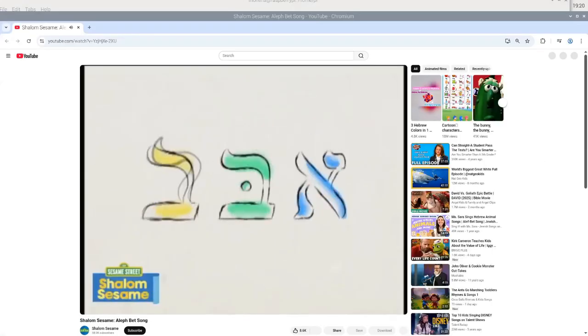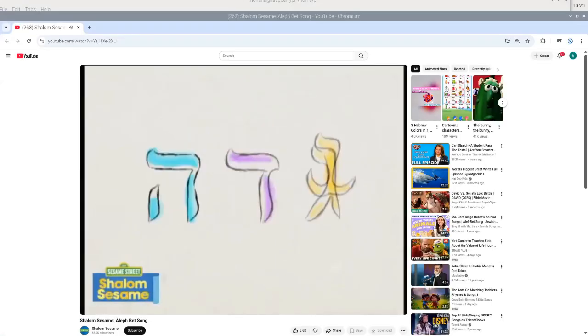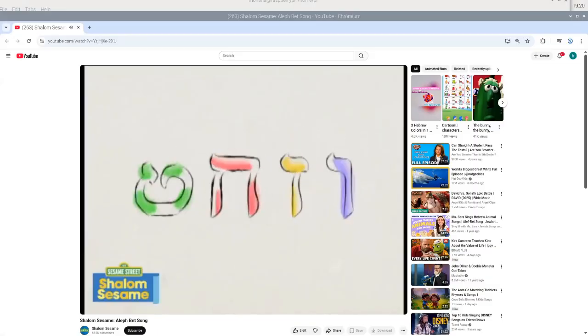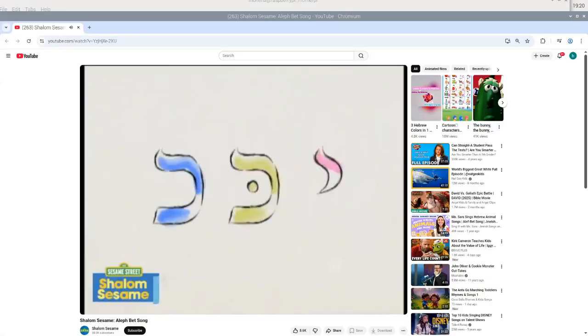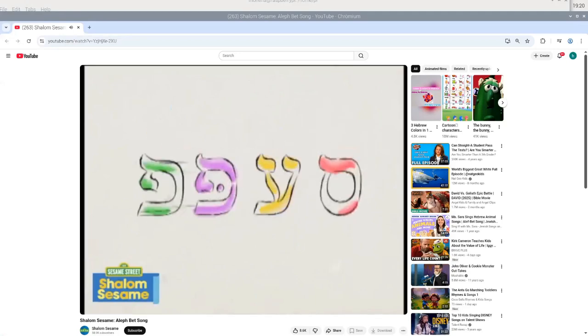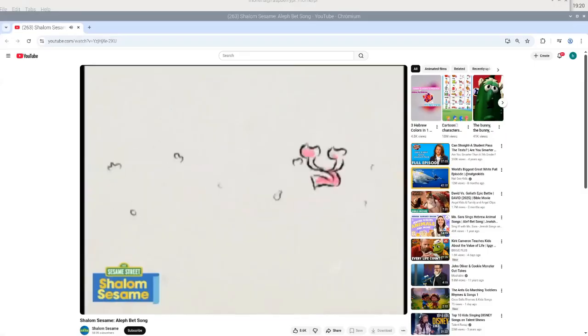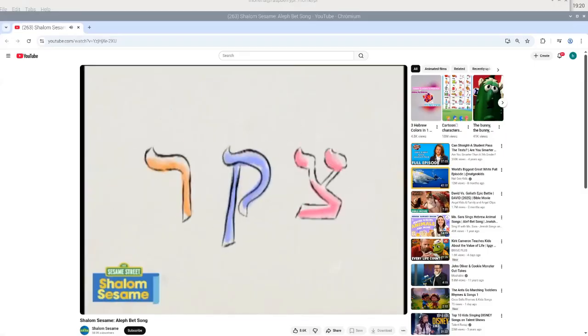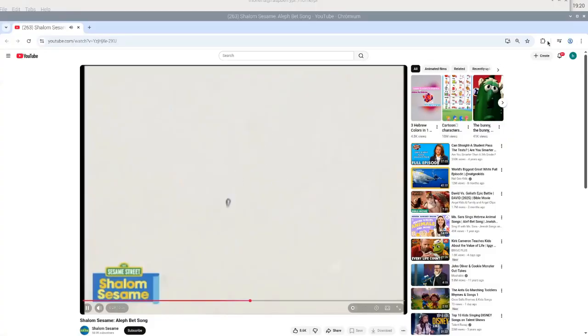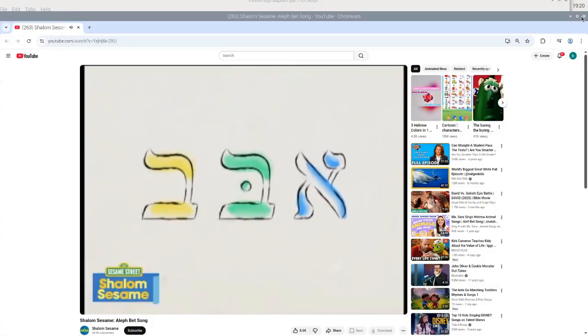א' ב' ג' ד' ה' ו' ז' ח' ט' י' כ' ל' מ' נ' ס' ע' פ' צ' ק' ר' ש' ת'